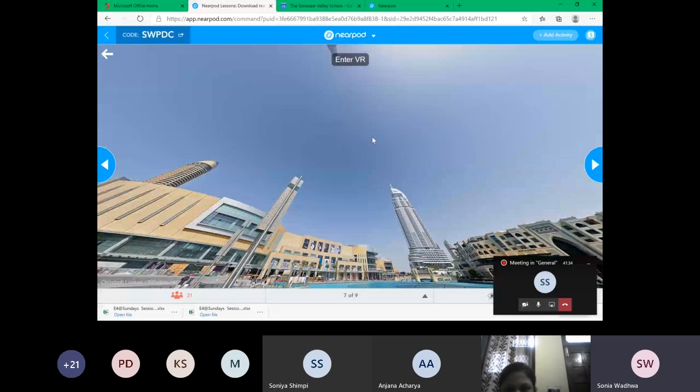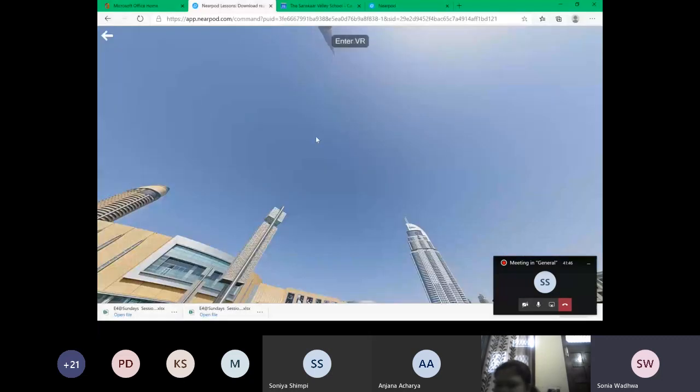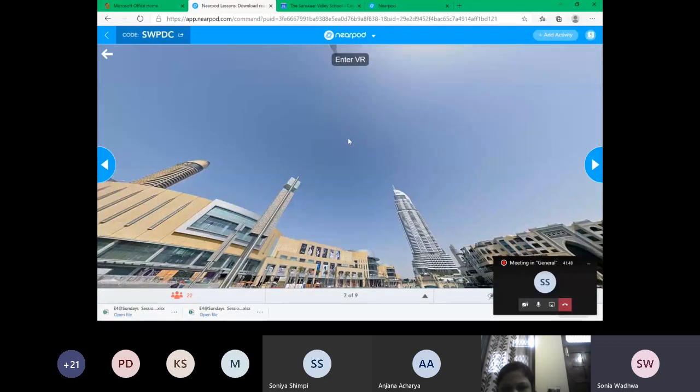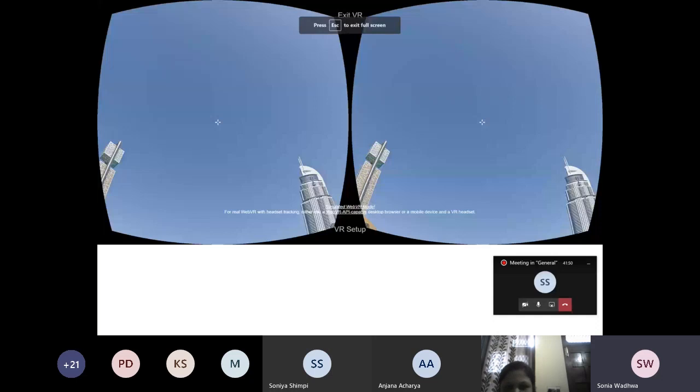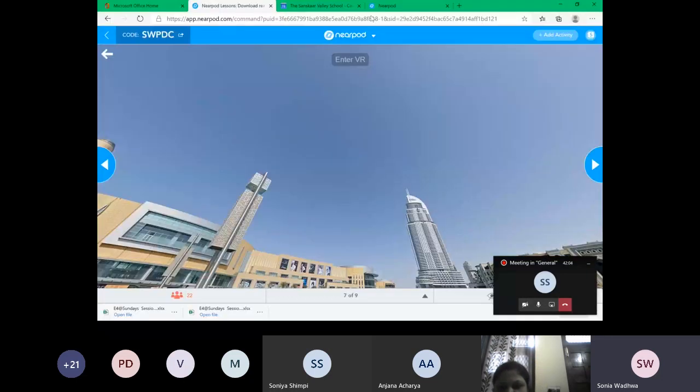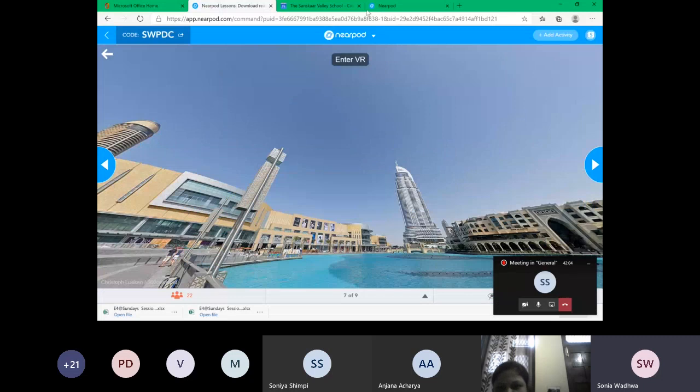This particular platform allows the students to see that particular area which you are showing in 3D, and students will be able to see all the aspects of the architecture. Or maybe a language teacher can say, observe carefully and then write a composition on your virtual trip to Burj Khalifa. So this kind of activity can be incorporated. After showing the video, the teacher could have asked, which place is this? What did you observe? What are the things that you really liked about the architecture? So this kind of activity can also be created.